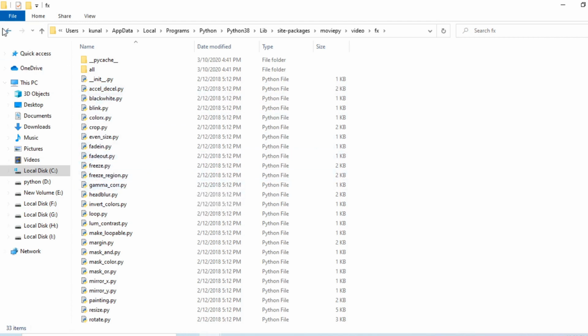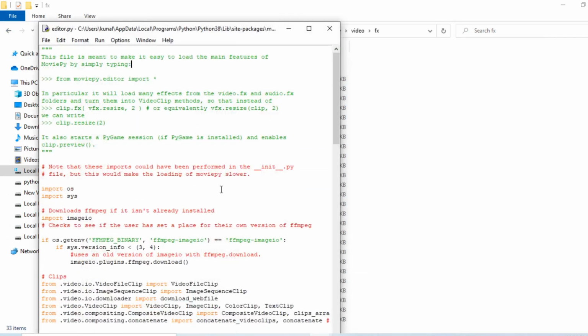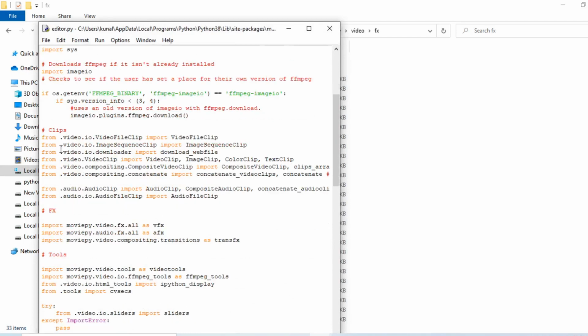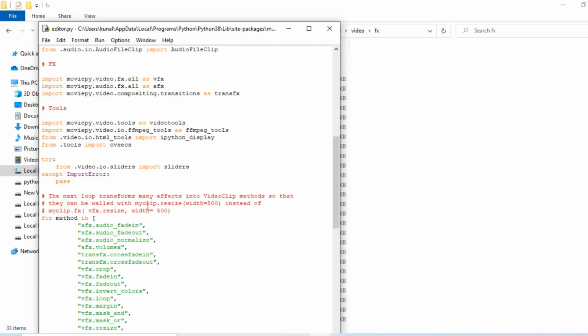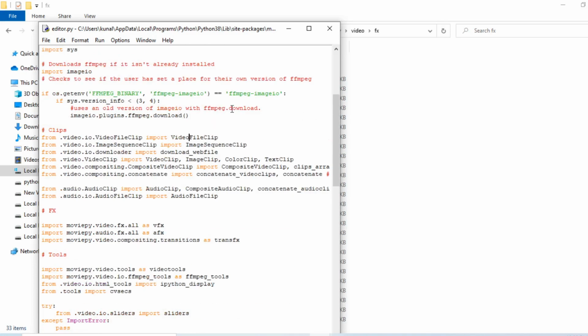So what this moviepy.editor did is they imported, see, that's what we imported. They already did most of the work for us. They made it easy for us to work with this module.